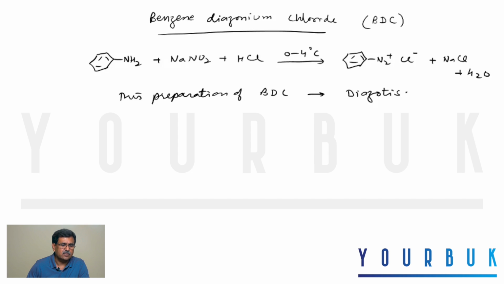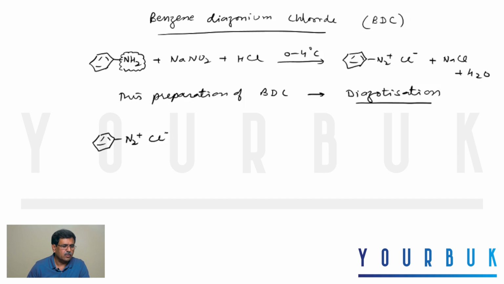This is called diazotization, and the diazonium salt is obtained only when you have an NH2 group directly bonded to the benzene ring. Now whatever other groups are attached to the benzene, they are present as they are in the final product. So nothing happens to the other functional groups, and the reaction occurs only when you have an NH2 group directly bonded to the benzene ring. Now once this diazonium salt is obtained,